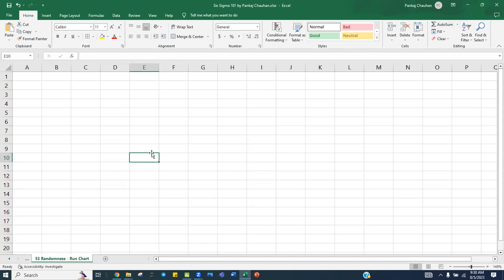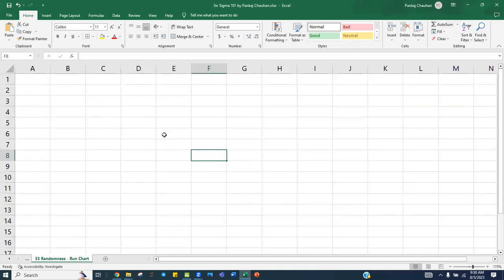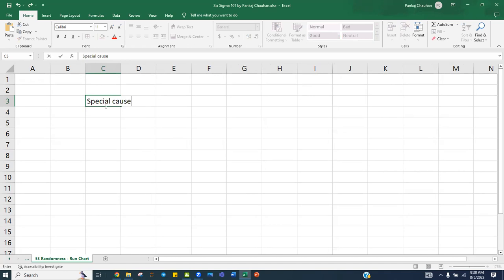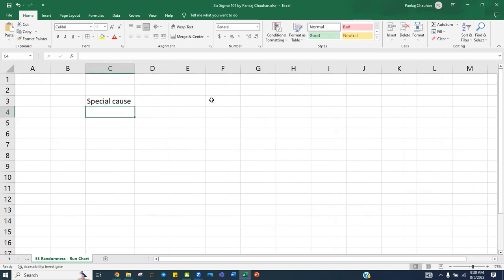Hey people, welcome back. And now we are going to learn about the randomness of the data. So why do we check the randomness? We are trying to find out, is there any special cause of variation or not in my data? That special cause of variation can be because of 4 specific properties present in your data, which we call